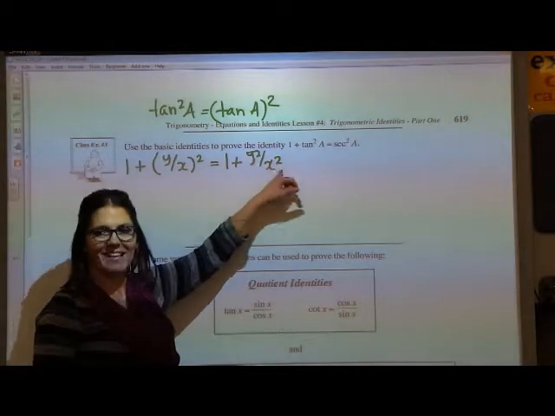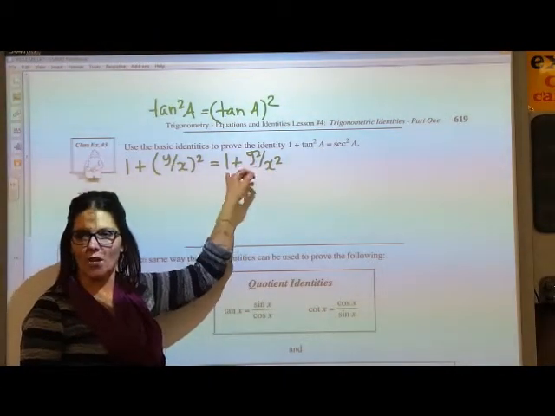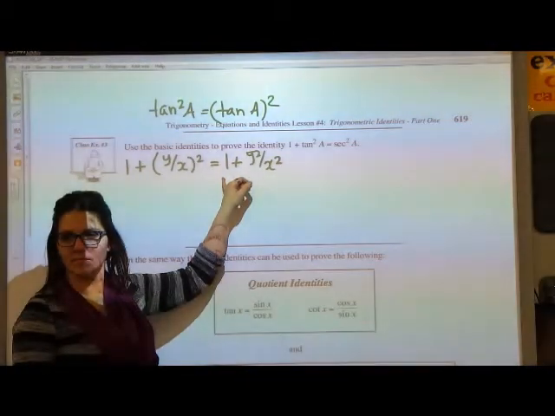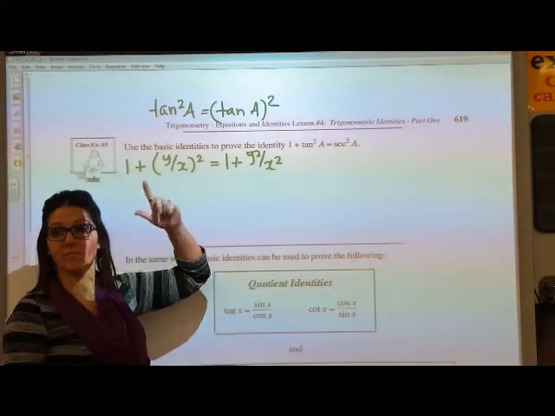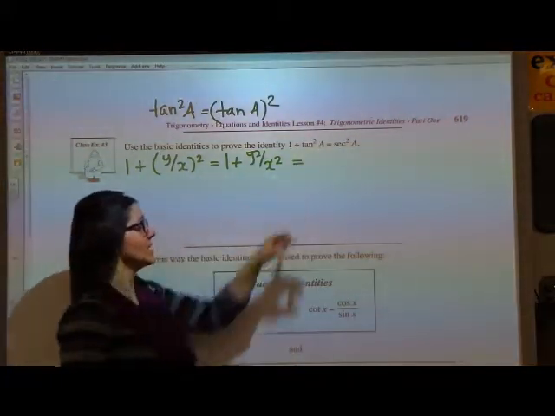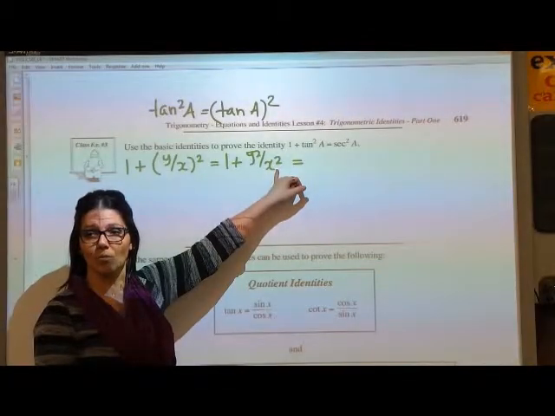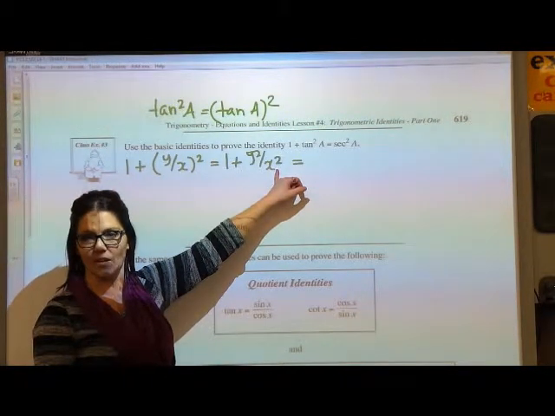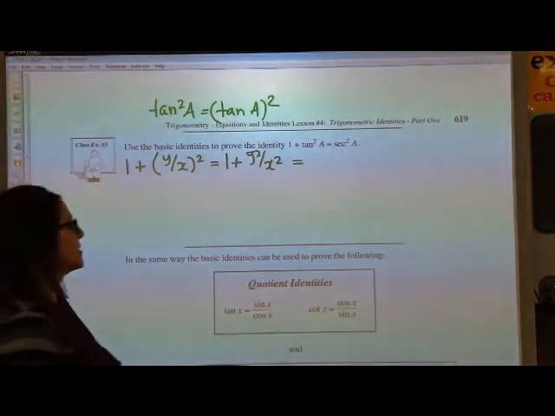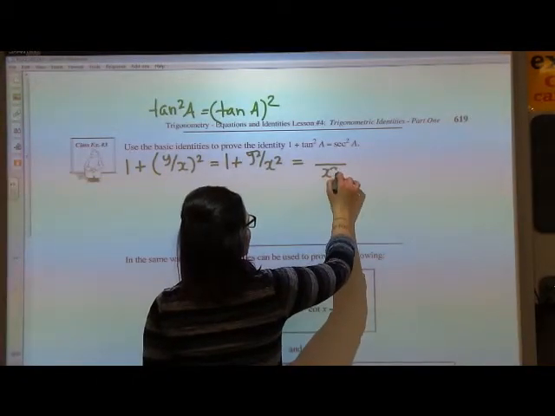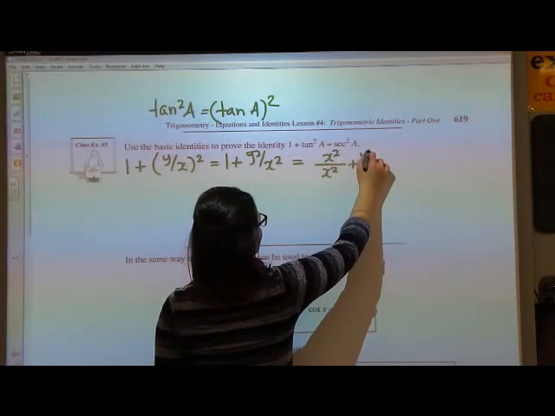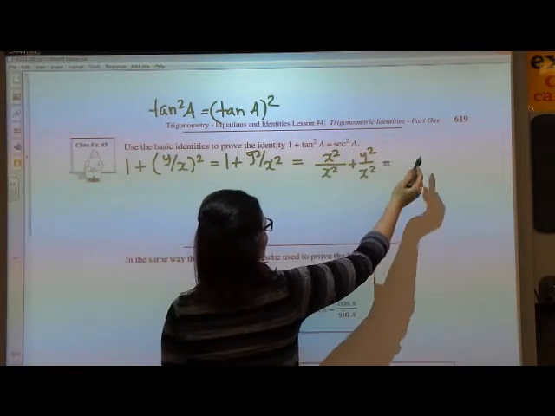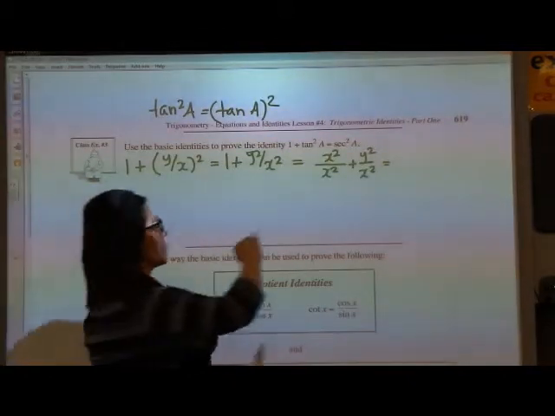If I wanted to add these together as fractions, what would I need to do to the 1? In other words, how do I add fractions? What do I need? Common denominator. So if this denominator is x squared, what's my common denominator going to be? X squared. So how do I write 1 as a common denominator with x squared? X squared over x squared. So now, I get x squared plus y squared